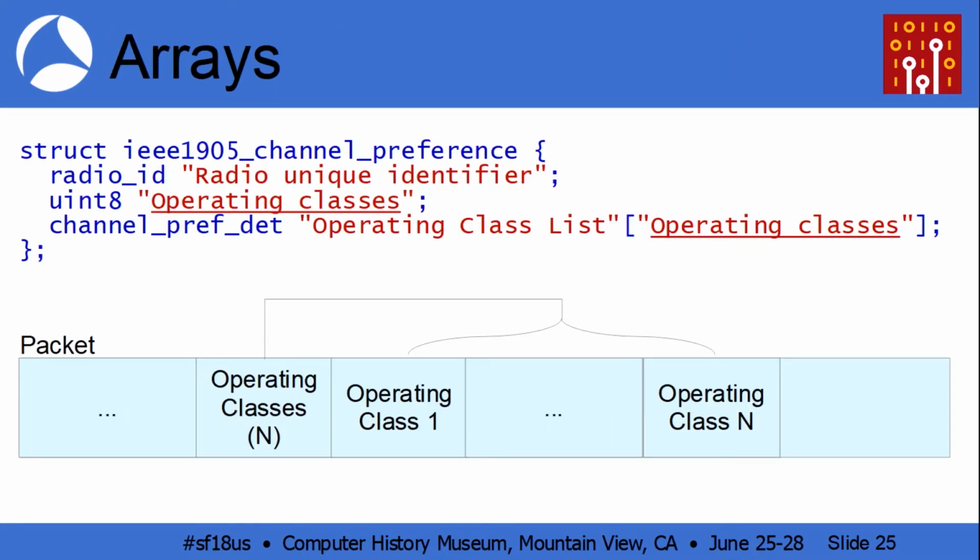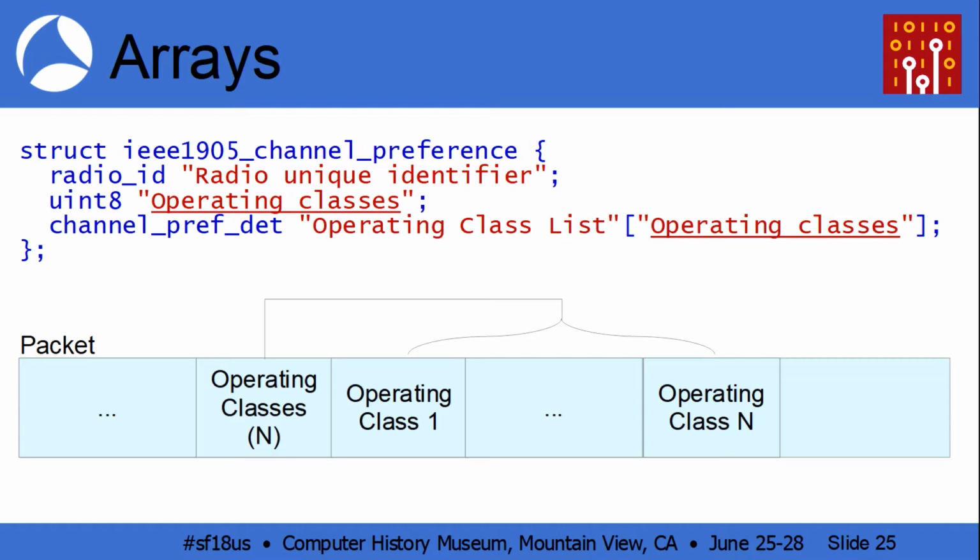And then there are arrays. The little language that I've designed also allows us to use arrays, and so this is an example. An IEEE 1905 channel preference has a radio ID in there. A radio ID, this is probably another typedef, which is 6 bytes or something of that nature, because it looks a little bit like a BSSID, and so the label that would appear inside the detail pane is radio unique identifier. Then it's followed by a uint8, which is the number of operating classes in this structure, and then